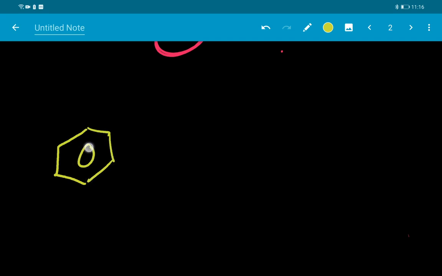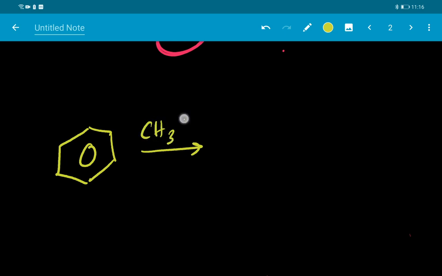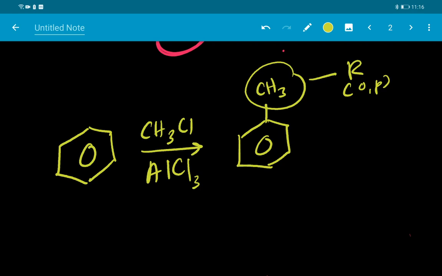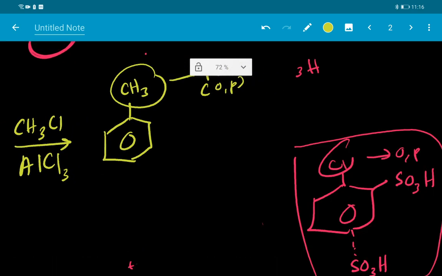We're going to start off with benzene, and then we're going to perform the Friedel-Crafts alkylation to add the carbon into the ring. So we just use a simple structure of CH3Cl catalyzed by AlCl3, then we're going to get CH3. Since CH3 is from group R and R is ortho-para, from this step,